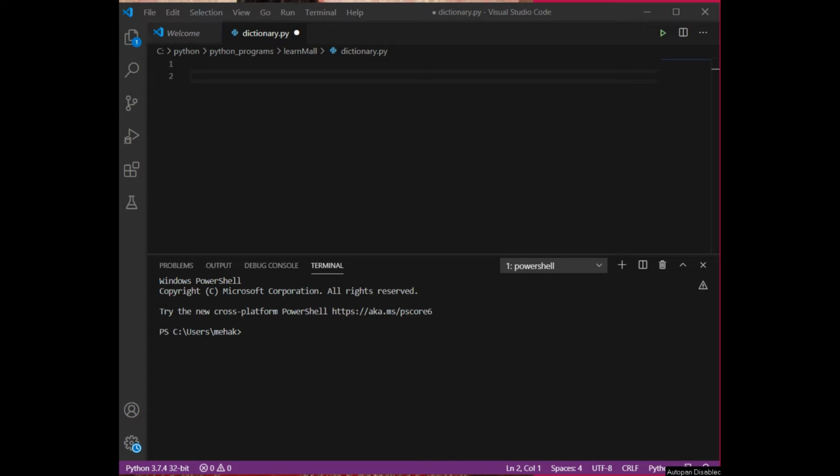Okay. So right now we are going to discuss how we can find out the antonym of a given word. Antonym means how I can find out the opposite word of a given word. Okay, so first of all, I'm going to write down a message, print, okay. So I'm going to write down welcome to word book app.